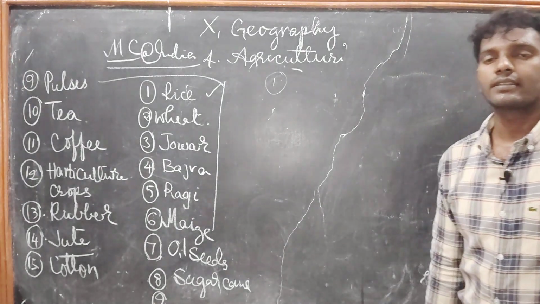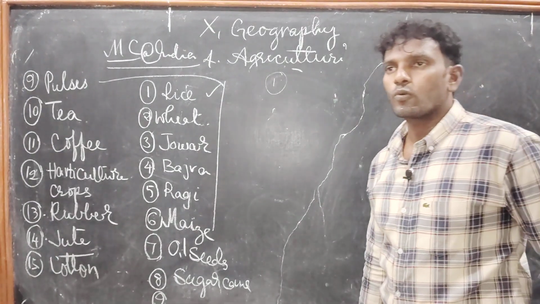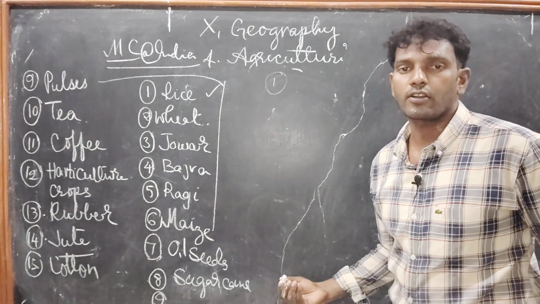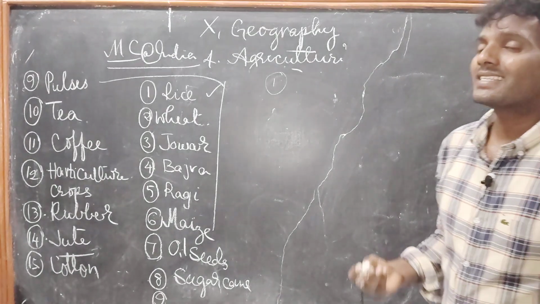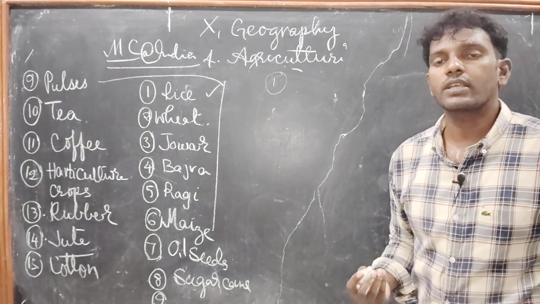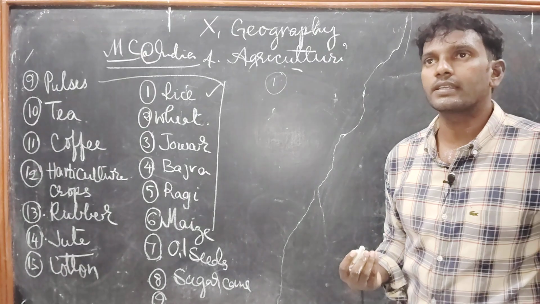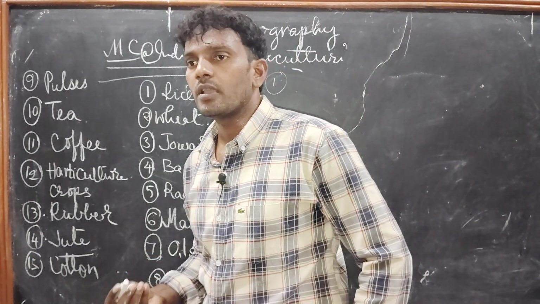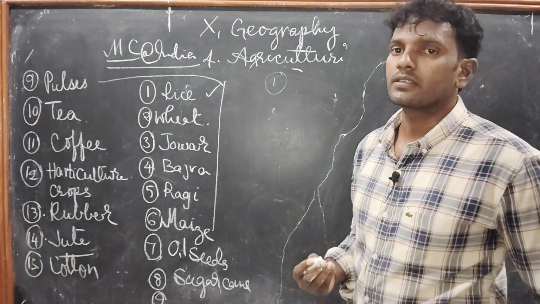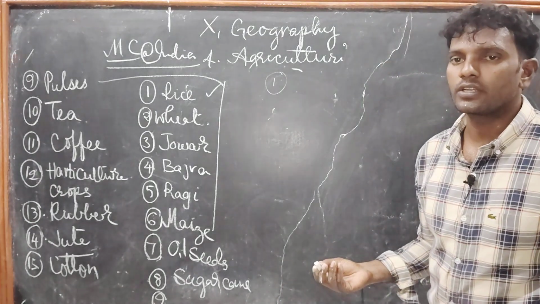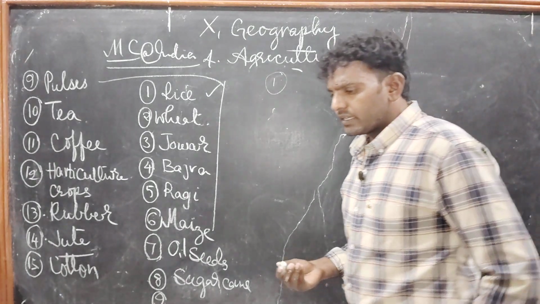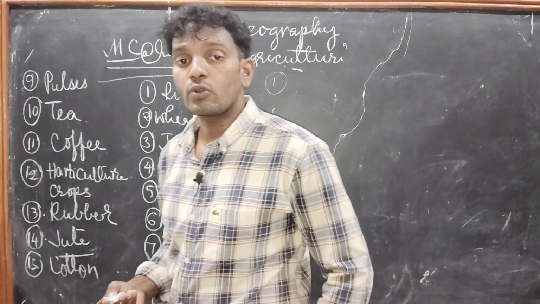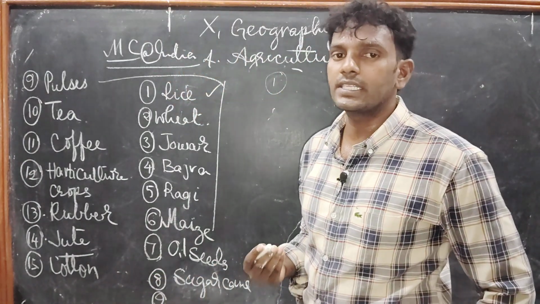It is a fine cereal crop, and also it is a staple food for India as well as worldwide. In India we are producing a large amount of rice, but we are occupying second place. First place is occupied by China, and also in India we have nearly 3,000 varieties of seeds,